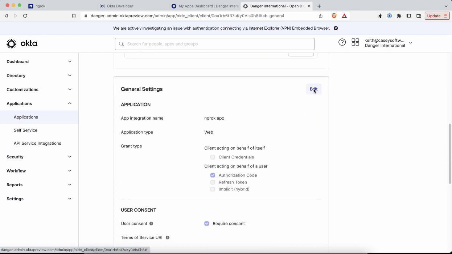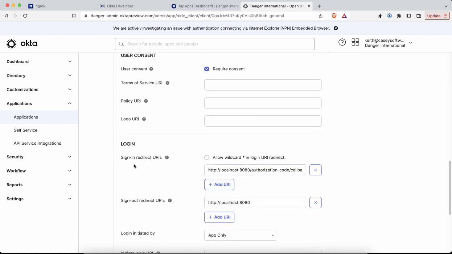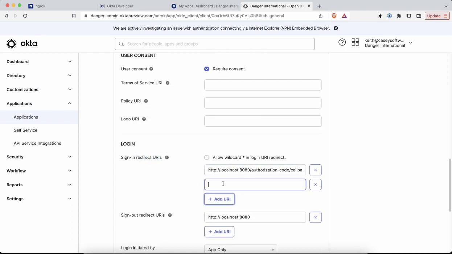And then we need to change one more setting here. So if we edit this, we want to scroll down here to our sign-in redirect URLs, and we want to add the ngrok endpoint here. This is something that's included in the ngrok documentation. It'll be exactly the same for every application you ever create here. What this basically says is that after you log in successfully with Okta, where should they send the token? And in this case, you send the token back to ngrok,